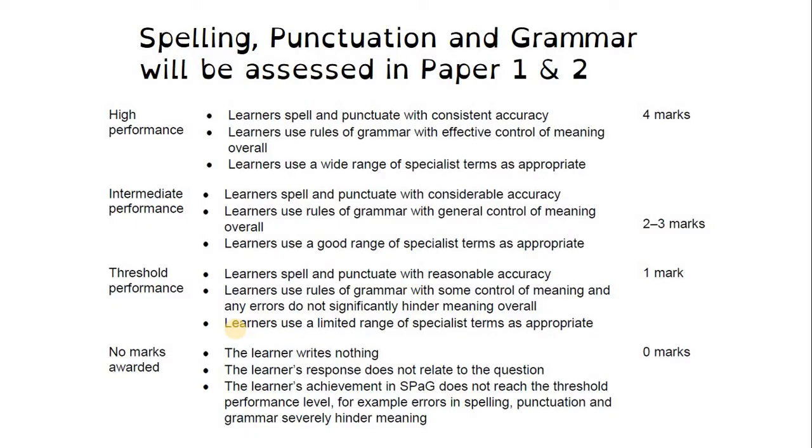A reminder that there are 4 marks for a couple of the questions, so that's given towards spelling, punctuation and grammar, so you do need to make sure that you take care with this throughout both papers, and don't just do it for the questions that have 4 marks allocated to them for spelling, punctuation and grammar, but just take your time, take care at least throughout the exam on spelling, punctuation and grammar, because it does make a good